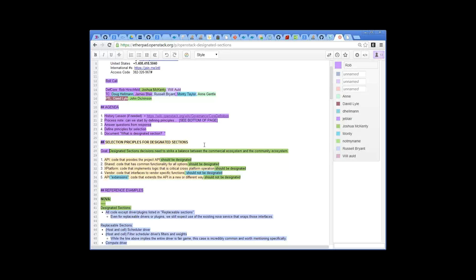I was going to say the purpose of the designated sections is actually to create some balance between Apache, do whatever you want, and GPL, you must upstream everything. So in my mind this is a very deliberate attempt to find some balance between helping people upstream and requiring people to upstream. And so Josh's statement, I think, lines up with that.